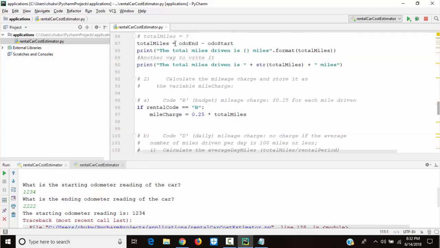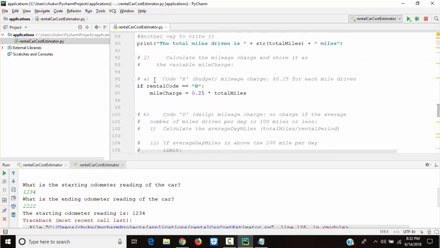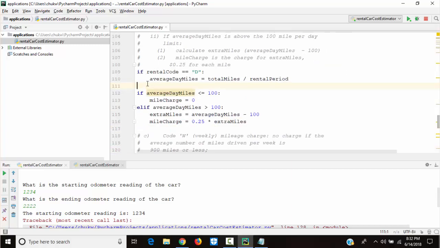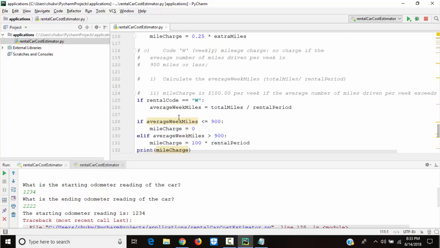It runs with a top-down approach. So it checked here, it's not B. Then it checked here, if it's D, then this is the average day miles. And then, if this is this, print mileCharge. Then it came here, and this is where it says average week miles is not defined.